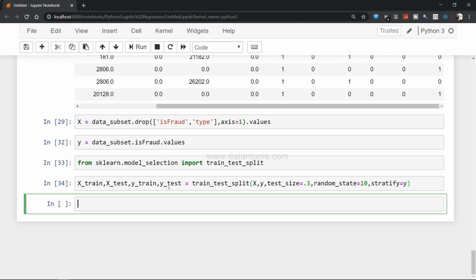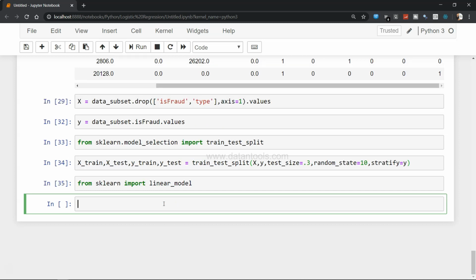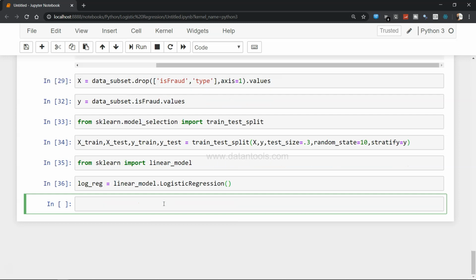Now let's import the algorithm from the sklearn linear models. So here from sklearn import linear_model. In that we will say log_reg equals linear_model.LogisticRegression. All right, so we are giving the default parameters, and now we will use the X_train and Y_train to train the model with the training dataset.